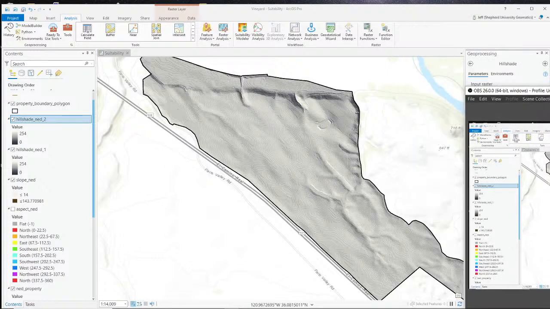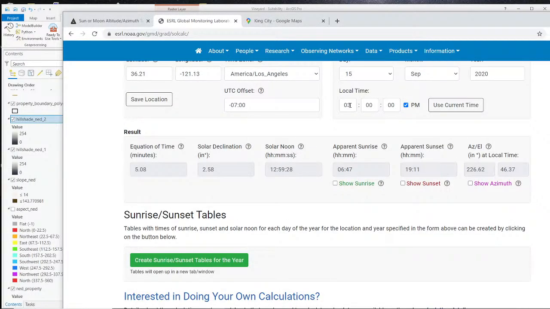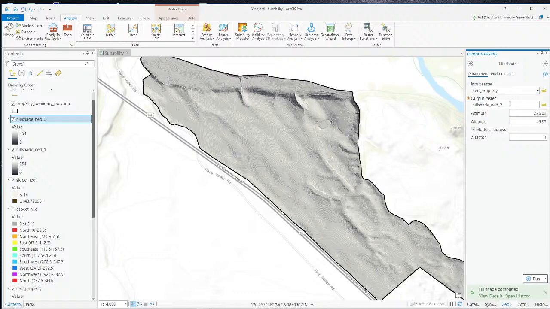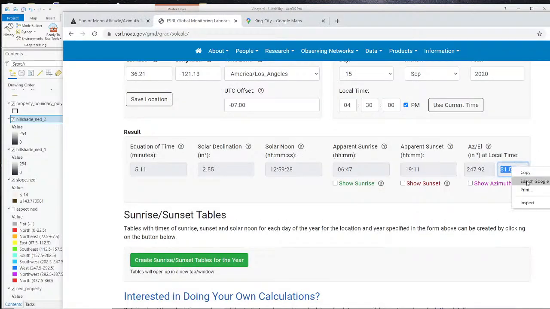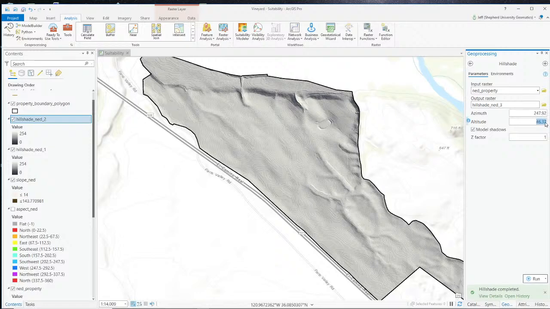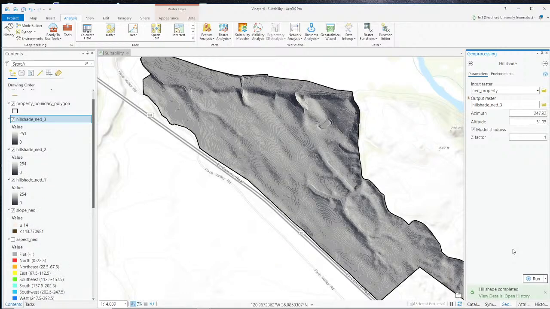And this one is at 4:30 p.m. So we'll change the time to 4:30. And so now we get an even greater azimuth and an even lower elevation. The sun is setting, and we're going to put those in here and save that as NED 3. Hillshade NED 3. And we'll run that. This time we get even more shading. Okay. So as the day goes on,